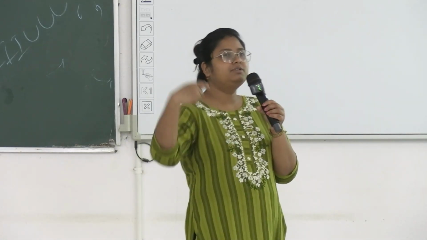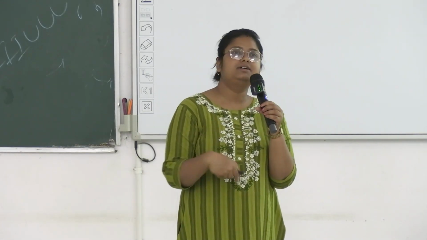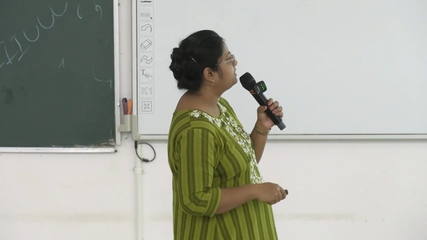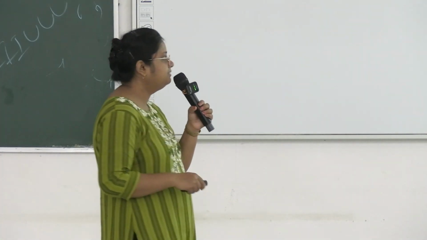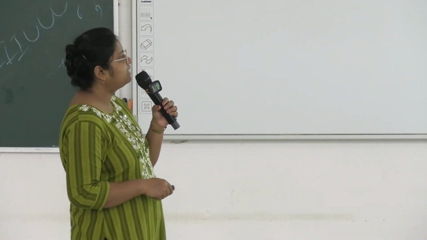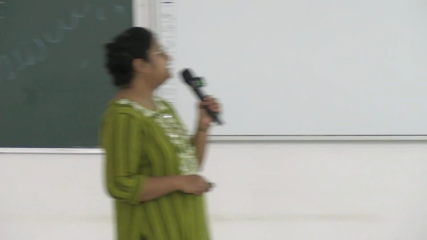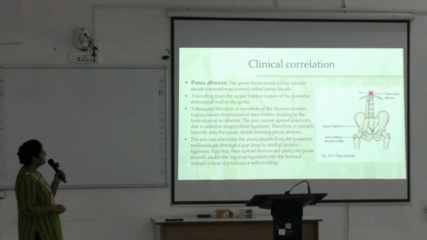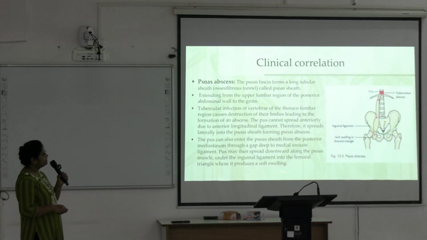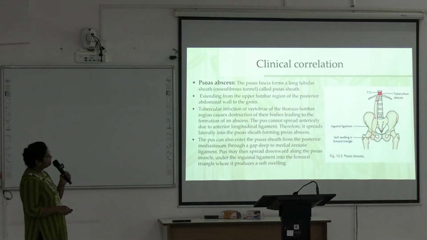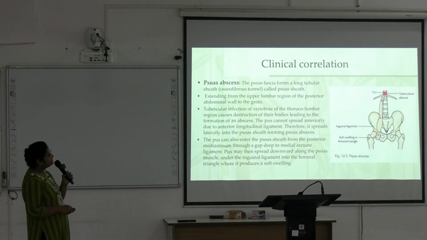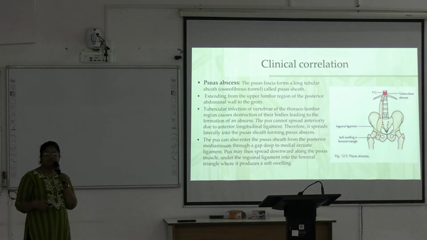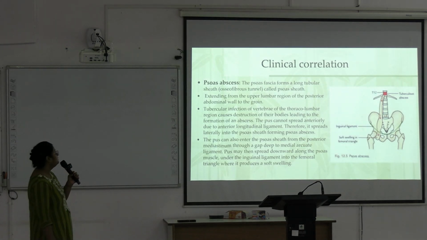During the posterior mediastinum class, we have read this clinical aspect. Pus can trickle down through the psoas sheath into the groin. Okay, so it can also enter the psoas sheath from the posterior mediastinum through a gap deep to the medial arcuate ligament, and pus may then spread downward along the psoas muscle under the inguinal ligament into the femoral triangle, where it produces a soft swelling. Here it is producing a soft swelling in the upper part of the medial aspect of the thigh. Okay, next